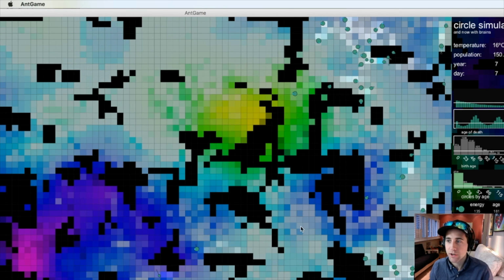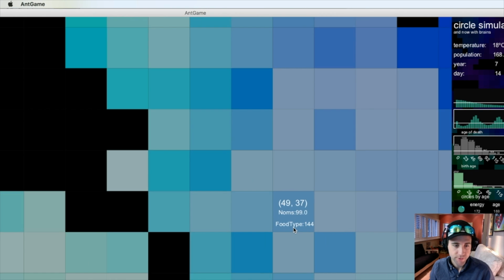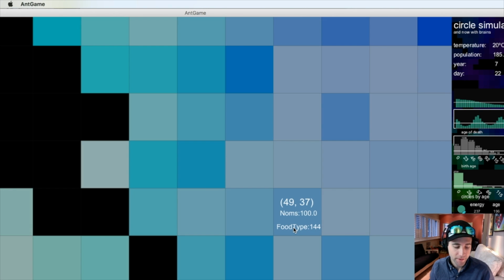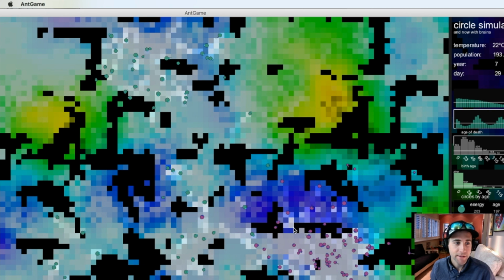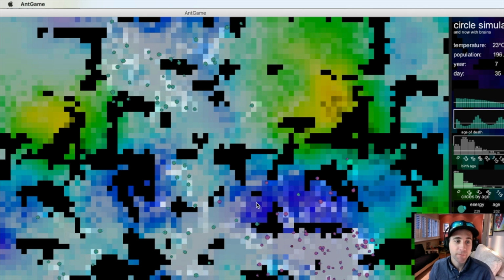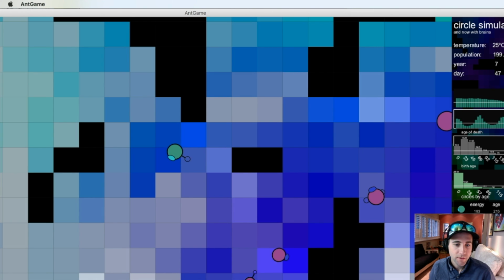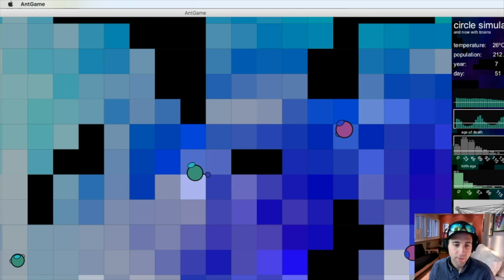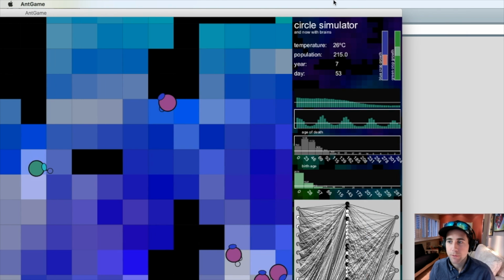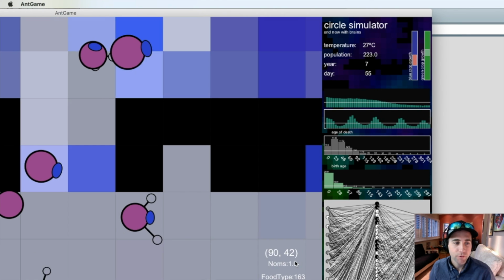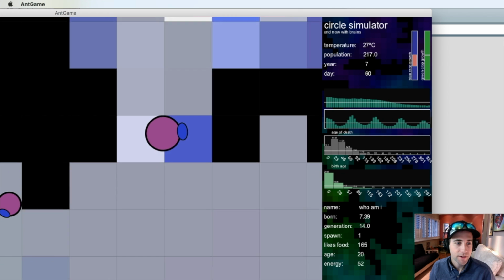Let's go ahead and try that. I'm going to zoom in, probably up to a scale of 9, and then hit R, boom, and the scale is set back to 1 again. If we zoom in again and click on one of these fatty ants, can I click on you, there we go. We can see the neural network pop up here in the lower left-hand corner. And if we click F and take that off there,